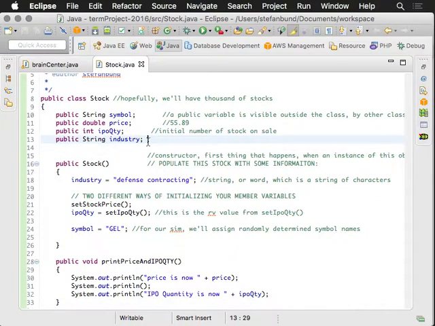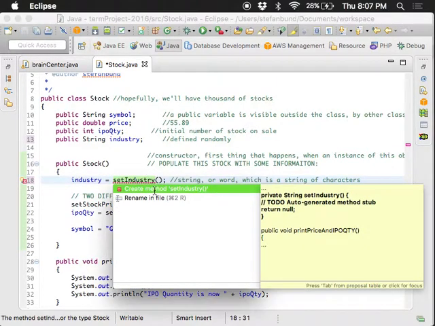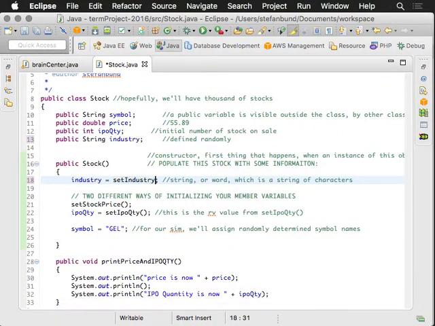So the stock does in fact have an industry, and this needs to be defined randomly. So probably instead of there being an industry that's predefined, probably we'll need to create a function where the industry is going to be called setIndustry. Now that will work because I can go here to the red and I can say, okay, go ahead and create a method called setIndustry. That's fine. And let's back up a little bit,